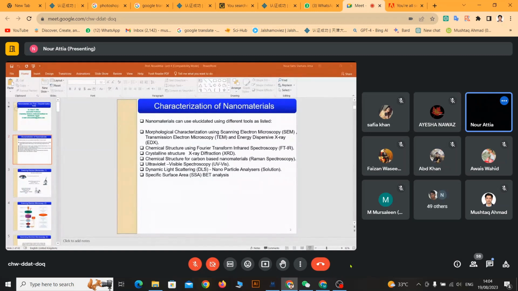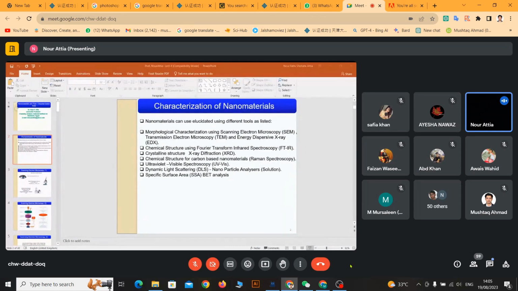Except one of these, you are at risk. There are other tools you can use, but this is optional. If you use and characterize and confirm, then you will go for high impact factor journals, because you will interpret and give more explanations and interpret the mechanism and so on. So this one, morphological characterization using scanning electron microscope,